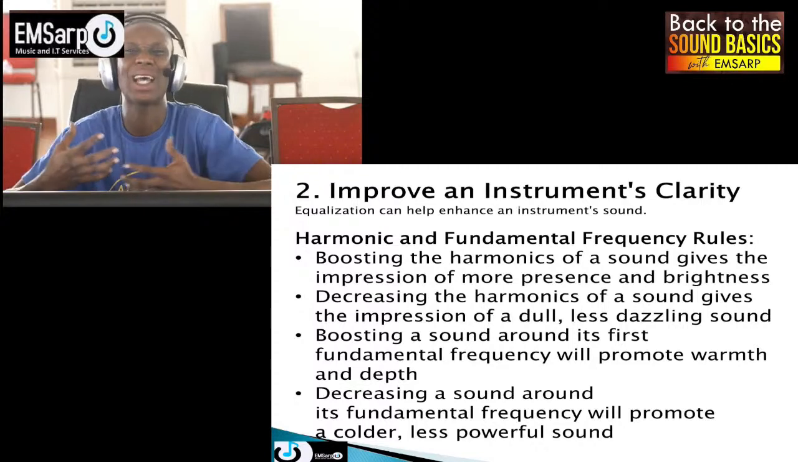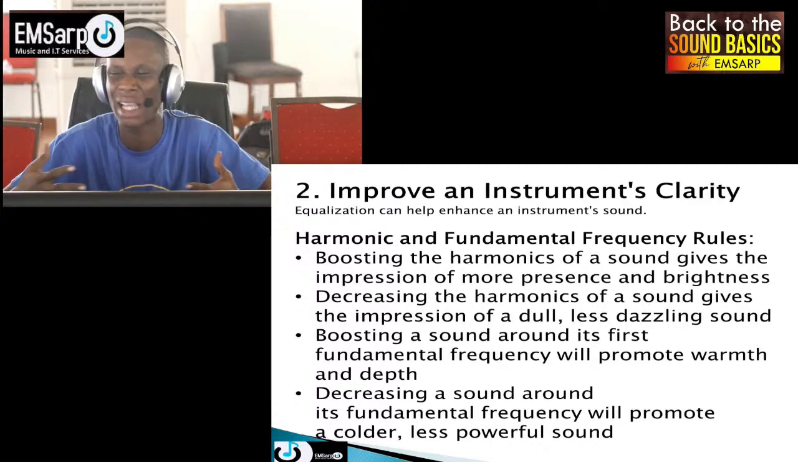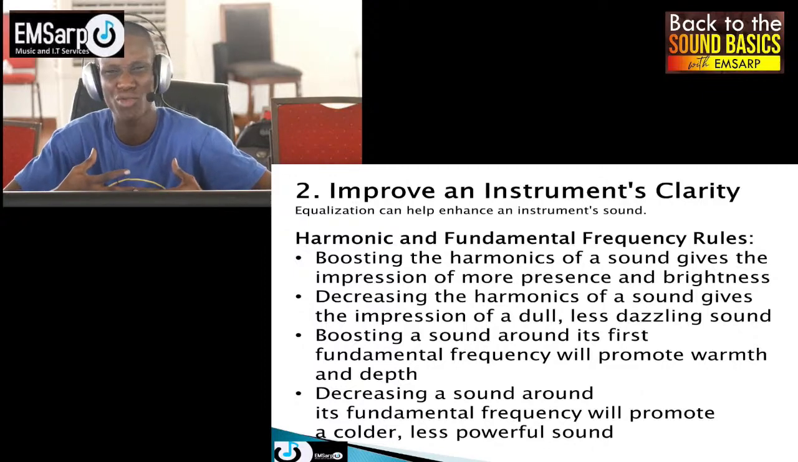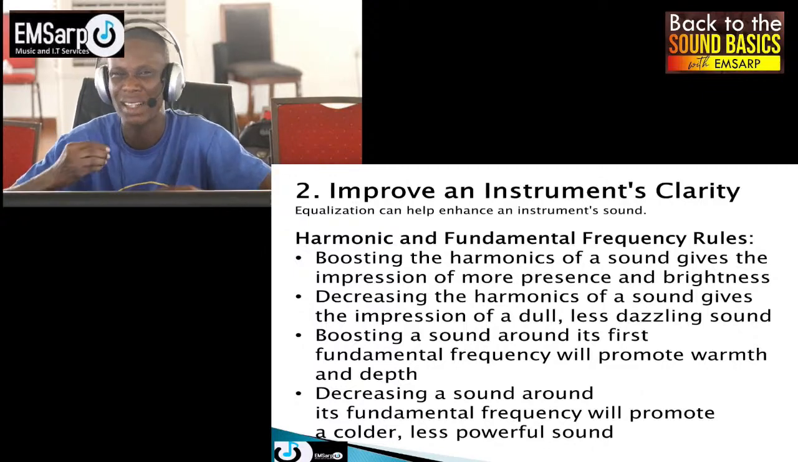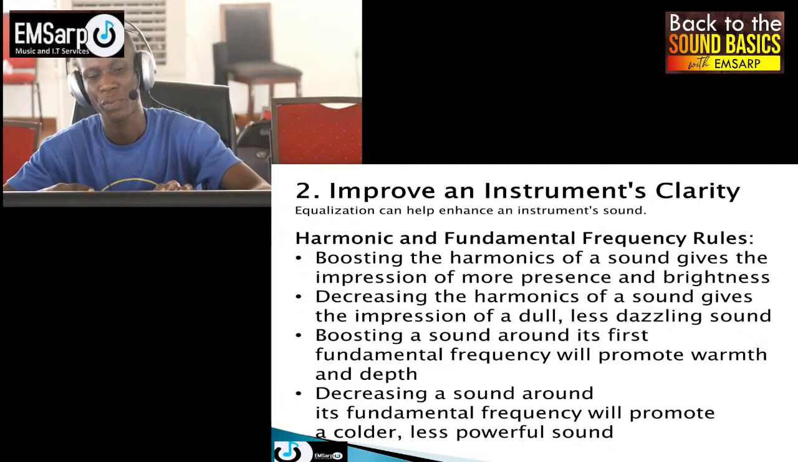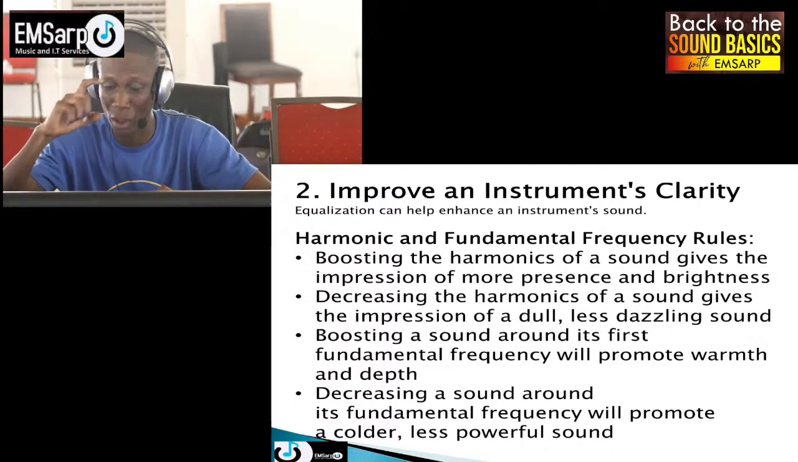It gives clarity to the sound, and something is really happening. The sound throws at you. It becomes present to you, if you know how to boost your harmonics well,